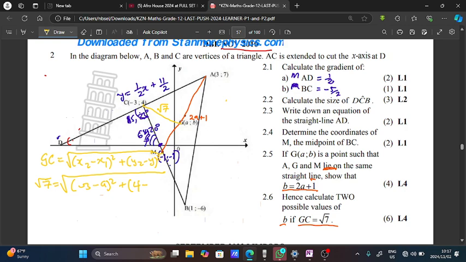It is 2a plus 1, because that is the y value at G. Then you close again, all squared. Remember, if you open a bracket, each bracket must open and close. What is the simplest way to do this? From there, we can remove the square root again. If we remove the square root, we square both sides again. If we square this side, we'll have 7, and if we square this side, we'll have negative 3